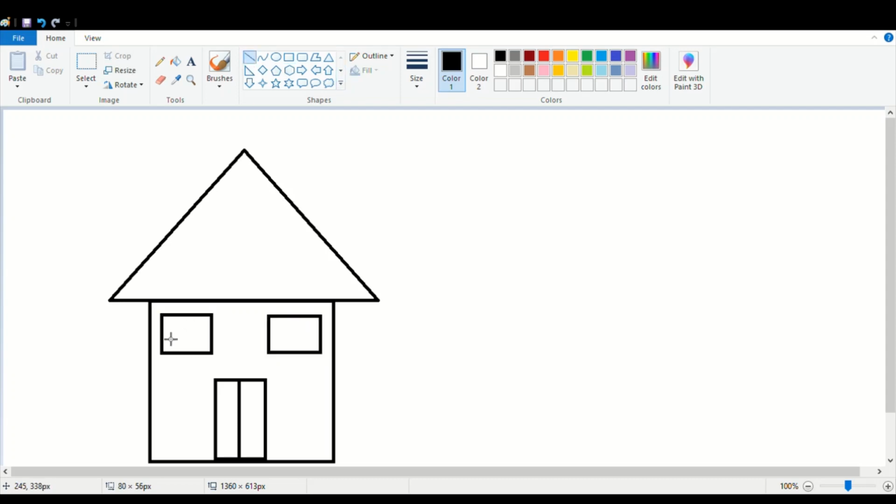Line tool. Fill my house with different colors. I'll use the fill with color tool. I'll take the color, drop it here, color, drop it here.